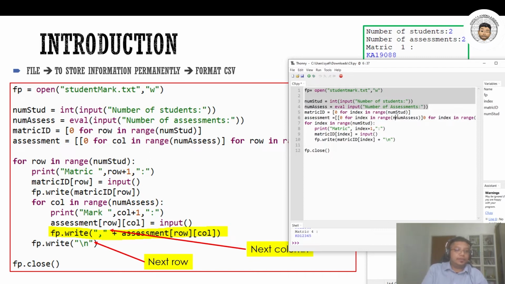Okay, num access. Okay, 0 4 is not index, so this one is column. Okay, and then here, instead of index, you change it to row. You have row and column. For column, in range of how many is based on what you input, and for row,